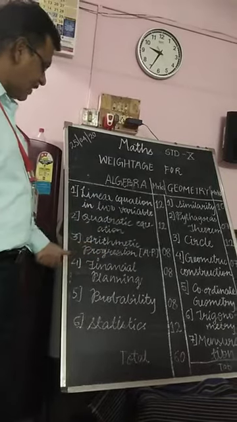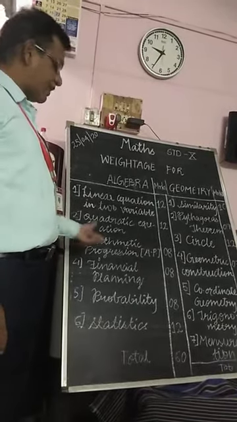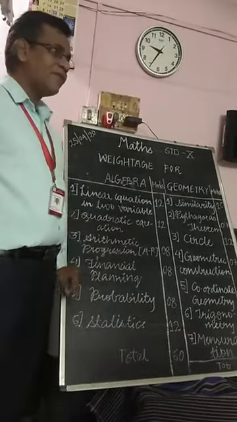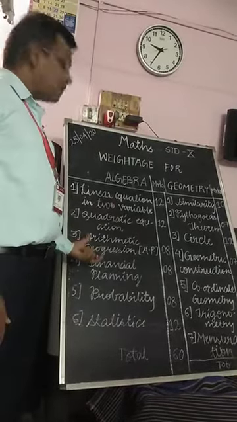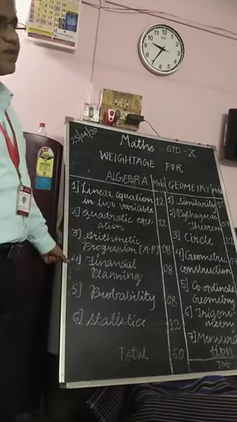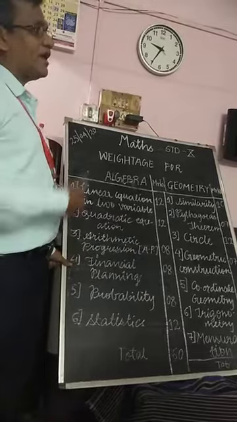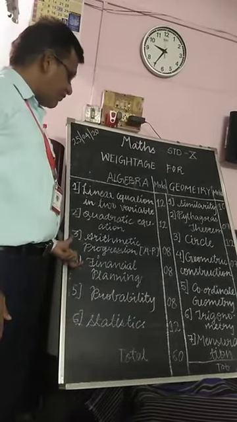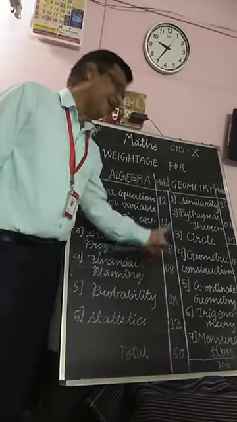Now we come to the fourth chapter, called financial planning. We already learned the financial planning chapter in your 9th standard. In 10th standard some different concepts are there, such as what GST is, how to find the GST, the share market, and the dividend in a share market. You have to learn all these things, and find the discount as well as the dividend, how to get shares, and what the dividend on a share is. This is also an important chapter and it carries 8 marks.